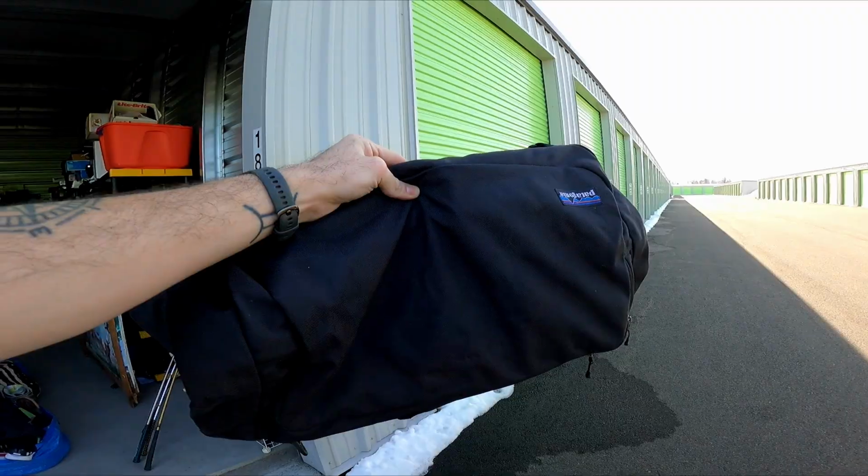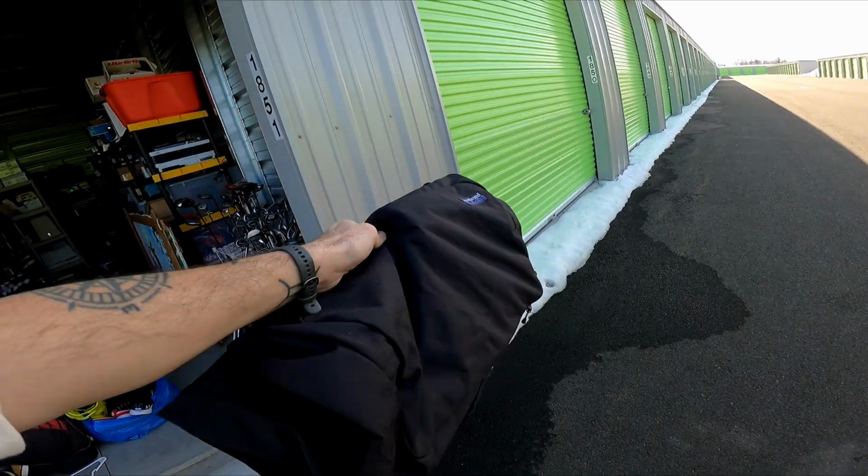All right, so a viewer saved my tail on this one. I found this the same day I found that To Me bag at the thrift store, and this is a Patagonia garment bag. I was saying in the video how I didn't know what type of bag it was, and someone was like, "That's a garment bag, dude. How do you not know that?" Which is fair. After reading the comment, I was like, oh yeah, that's obvious, that's a garment bag. I don't know why I didn't realize that, but anyways, I paid $8 for it, and it sold for $100